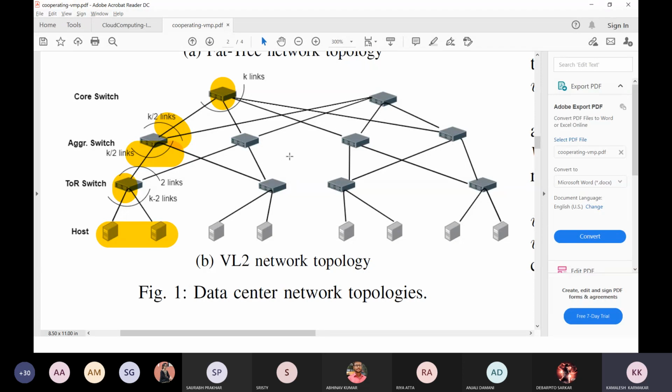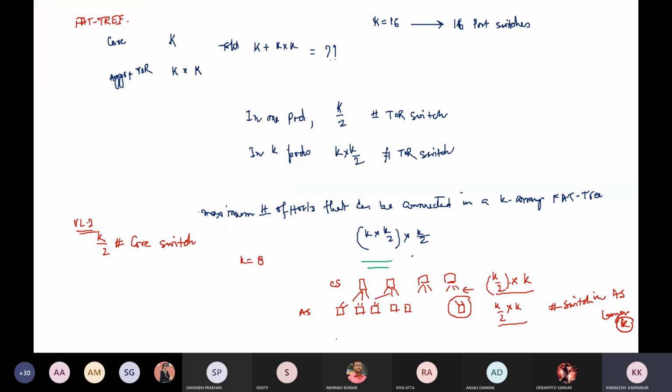Okay. So from this layer, the number of links in the downward direction is again k, the number of switches in the aggregation layer, times k by 2. The number of upward links and the number of downward links in the aggregation switch layer will be the same.